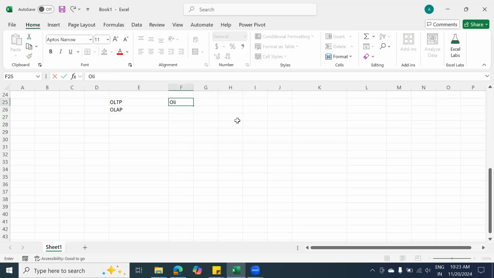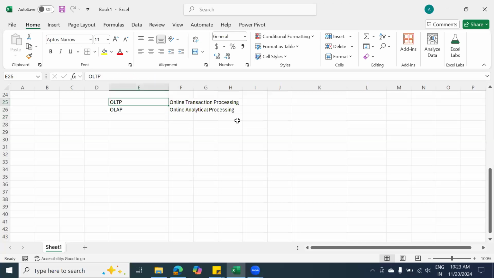OLTP stands for online transaction processing. And OLAP stands for online analytical processing. Very, very, very important, guys. Okay. So now we will understand what is the difference between OLTP and OLAP.